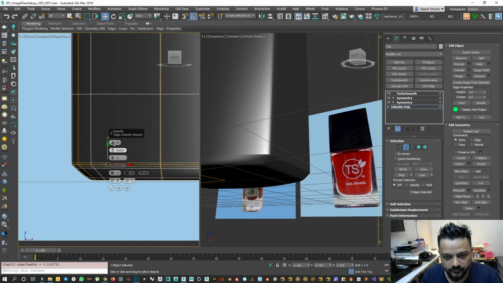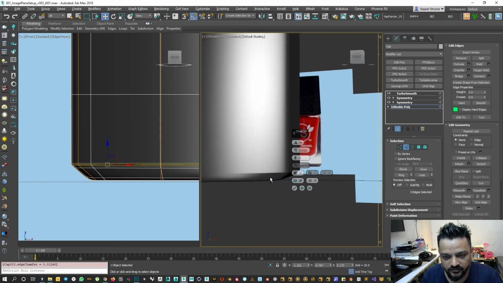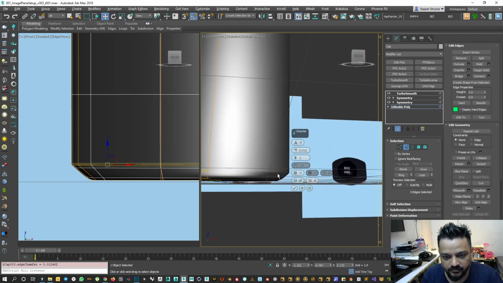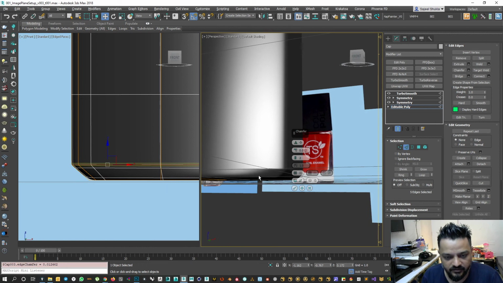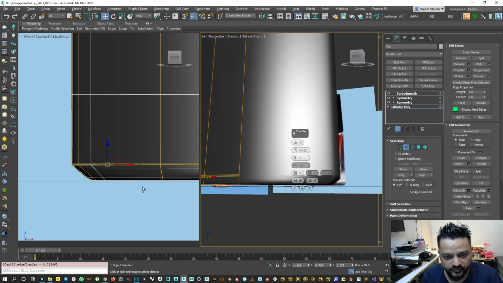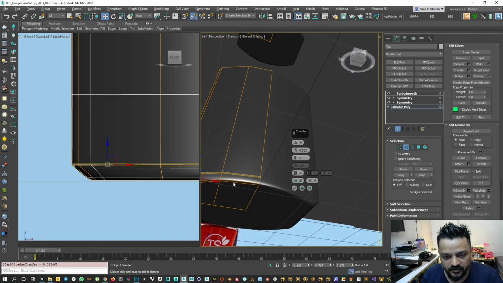Let's see. See this slim line? That is exactly what would create blade reflections. And I'm not getting that line in here because I've just moved this back, but I haven't moved these guys in. So before adding that,